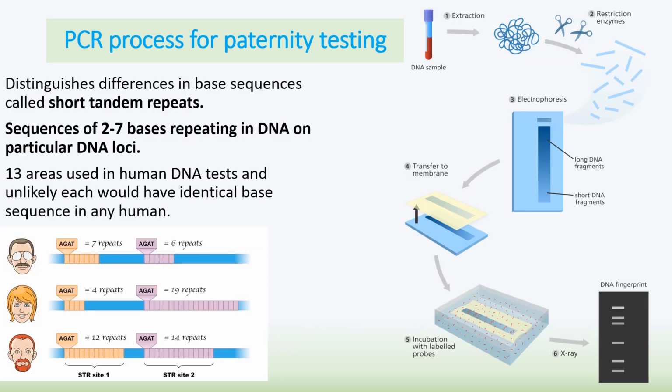PCR can also be used for paternity testing, and here they focus on what we call short tandem repeats. Short tandem repeats are sequences of 2 to 7 bases that are repeated in your DNA sequence at particular points called loci on your DNA. In humans, 13 areas are used, and it is unlikely that anyone would have an identical sequence in any human. So we can use this to identify parental issues,